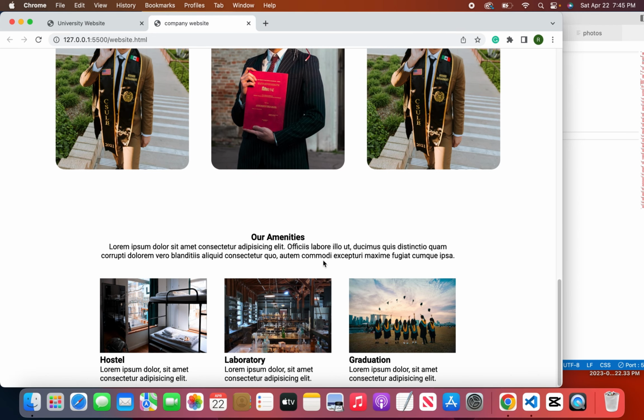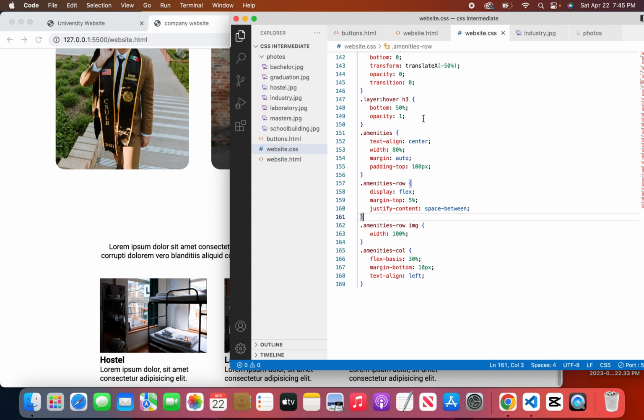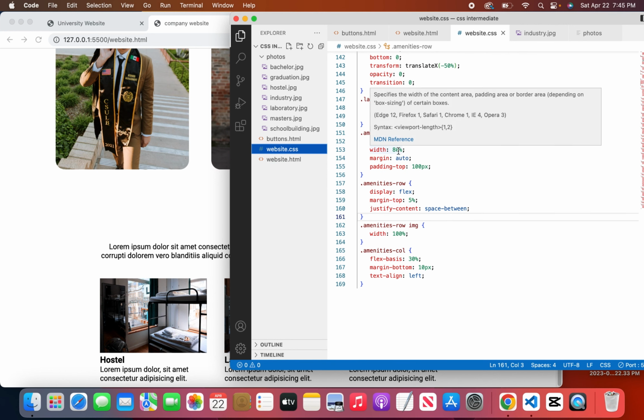Okay, I think it's not as wide as it ought to be, because it should be wide starting from here. So I'm going to go back to my HTML, and I want to see the width here for the amenities. So I'm going to come back here to check for this section. For this section, I already set it to be 80% auto,